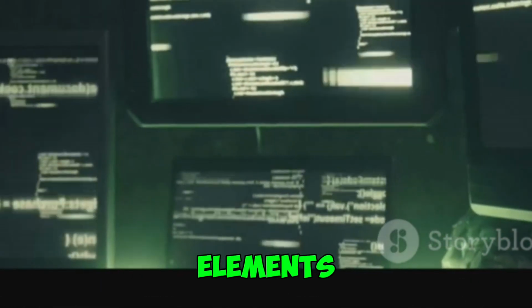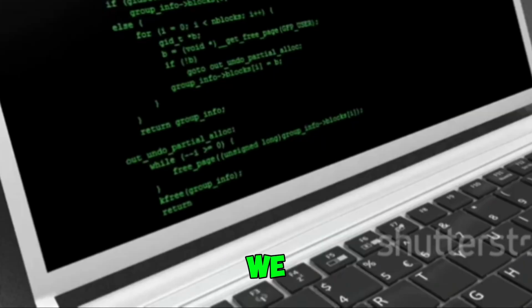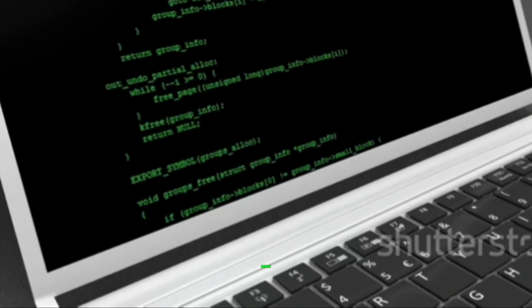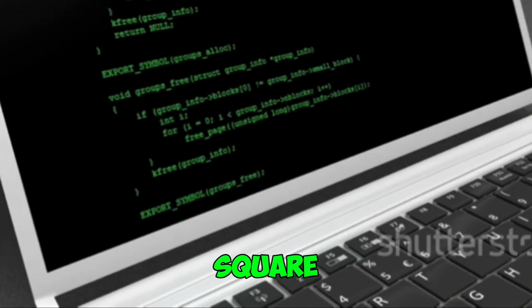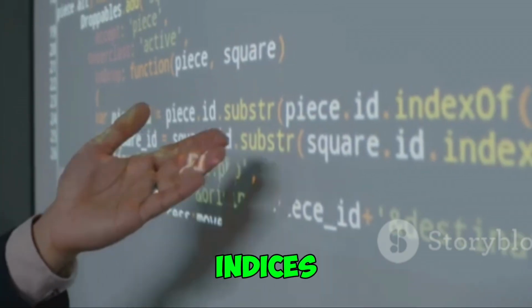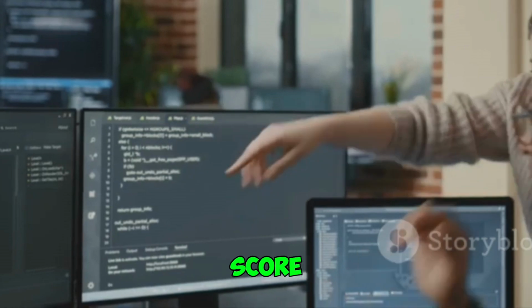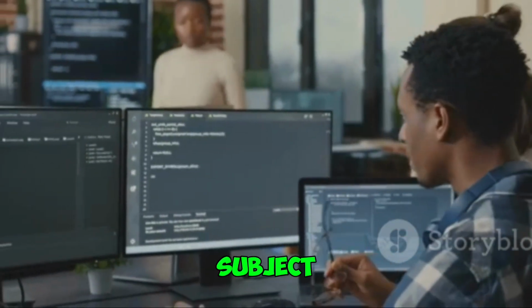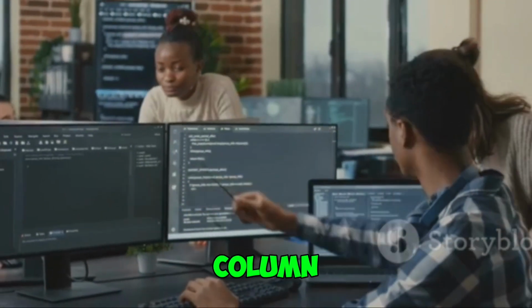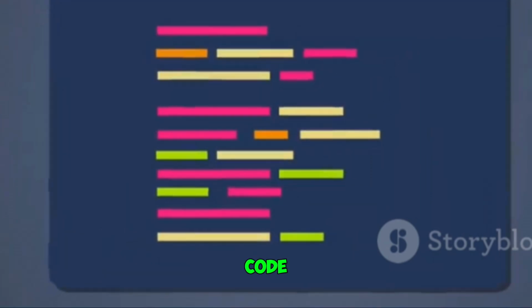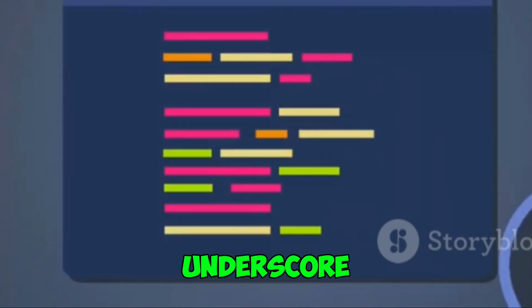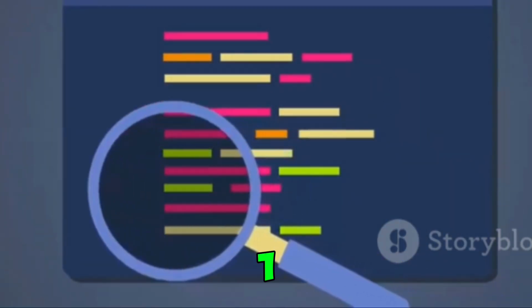Accessing individual elements in a 2D array is simple. We use the array name followed by the row index and column index within square brackets. Remember that array indices start from 0 in C++. To access the score of the second student in the third subject, row index 1, column index 2, we'd use the following code: student2_subject3 = scores[1][2];